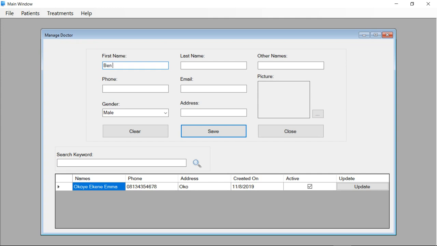And I'm going to also try to fill in some data for the doctor. I'm going to say Ben Carson. I'm not so sure of this spelling. Okay, this is supposed to be Carson, and maybe U or whatever. I don't know what his name is. Okay, so phone number is going to be any kind of number, and email is going to be any kind of email, and gender say male, address is wherever, maybe Los Angeles or wherever.